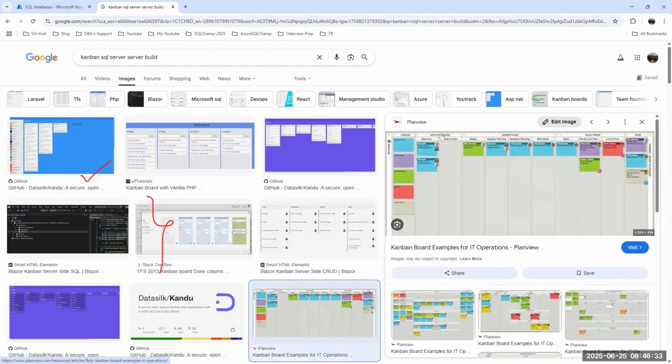Like these stages. Now, once the Windows team builds the server, they will move it to here. Now the network team will build the network, right? They will move it from this to here, and the storage team will build the storage, right? They will move it from here.